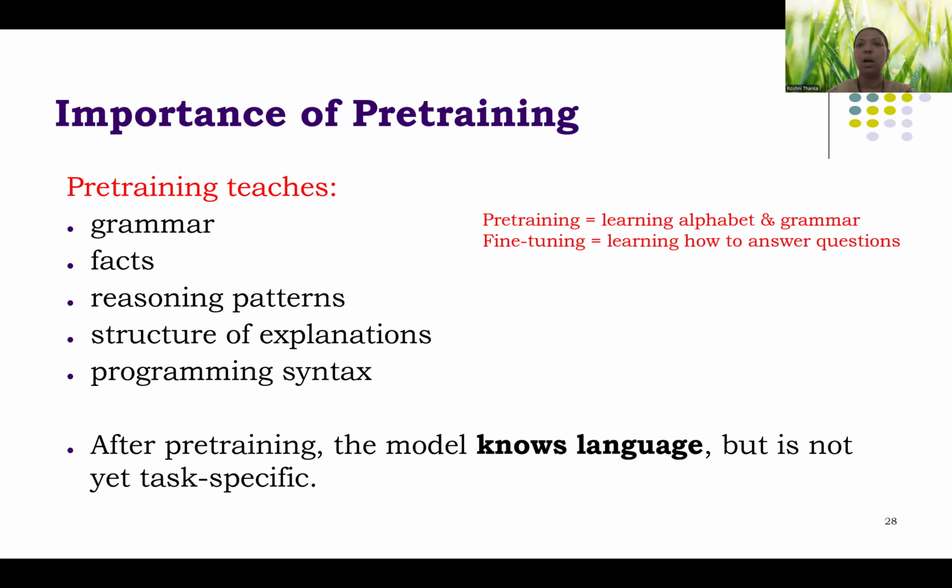Fine-tuning means making the model learn a specific domain. After pre-training, the model knows the language, but it is not specific. If you want it to be specific, then we have to go for fine-tuning. After pre-training, all the basic general information will have been fed to the model. Then if I want the model to perform in a specific way, I can go for fine-tuning. I can make it specific for particular applications like a hospital or agriculture, or whatever it may be.